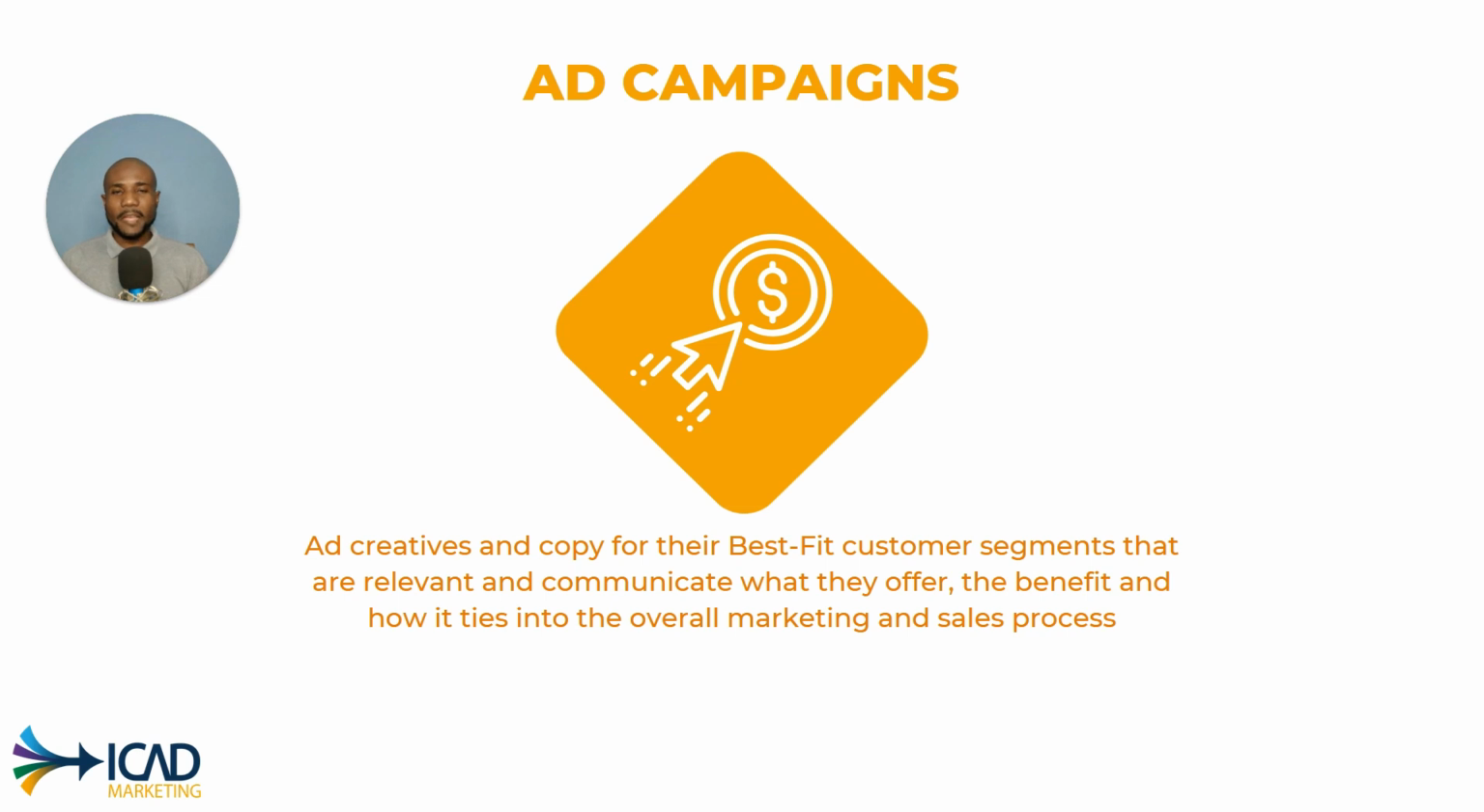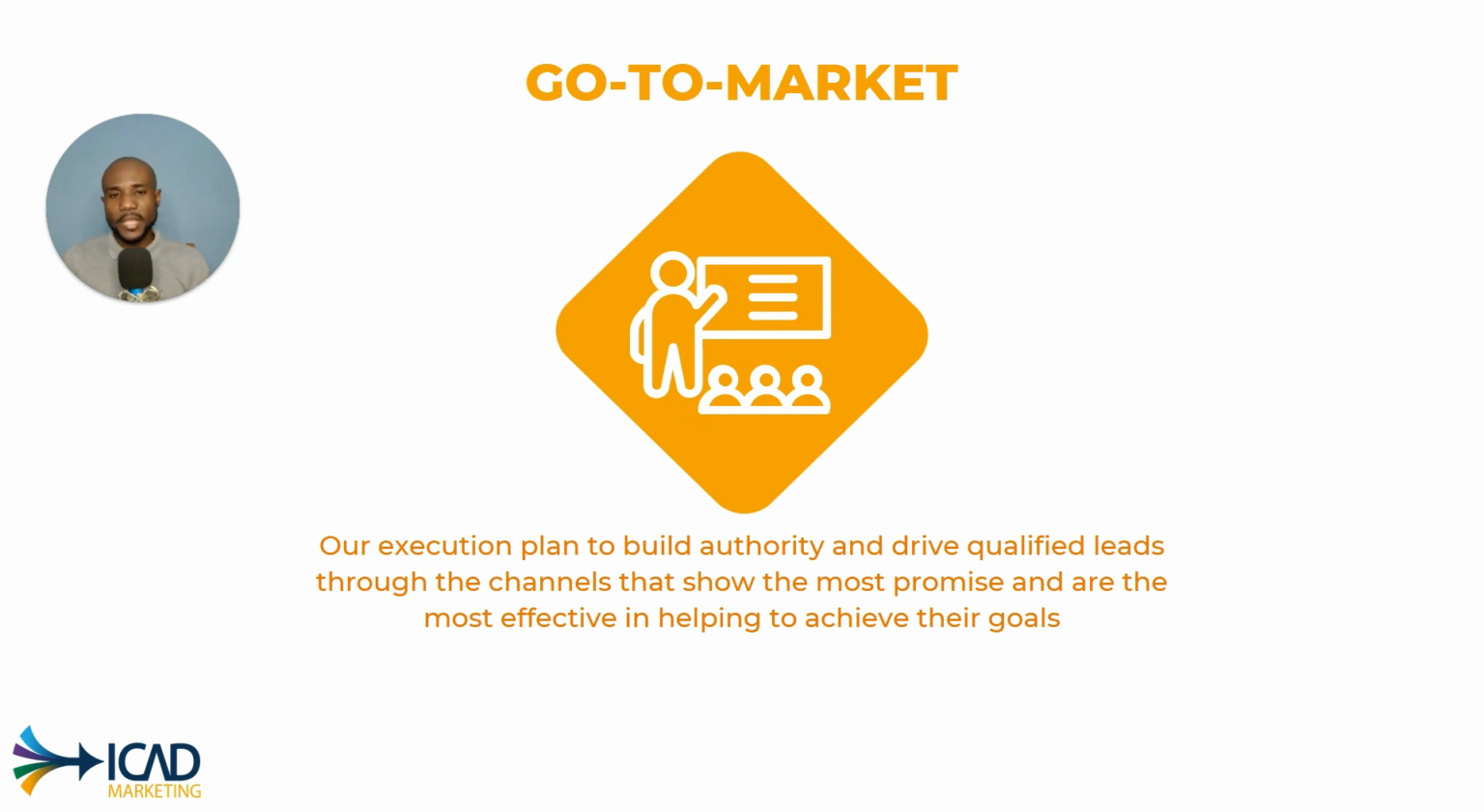The third thing is the ad campaigns in terms of what are those ad creatives and copy for the best fit customer segments that are relevant and communicate what our clients offer, the benefit of it, and how everything ties into the overall marketing and sales process that we were developing. And the final thing is that go-to-market motion, which is basically what is our execution plan to help build authority and drive qualified leads through different channels that show the most promise and are the most effective in helping us